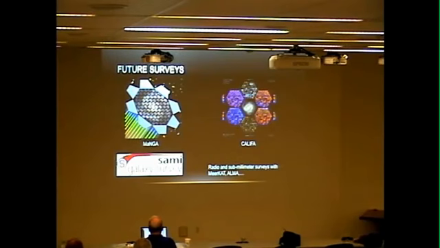There are also more data coming up with the future kinematic surveys. So we can apply our modeling method to the vast amount of data that is going to be available soon